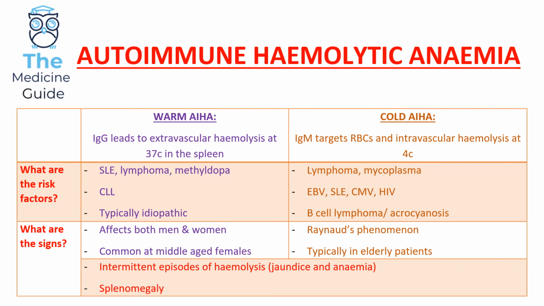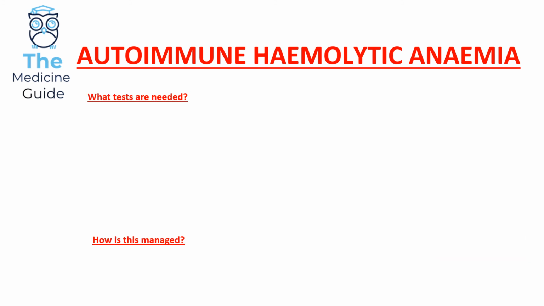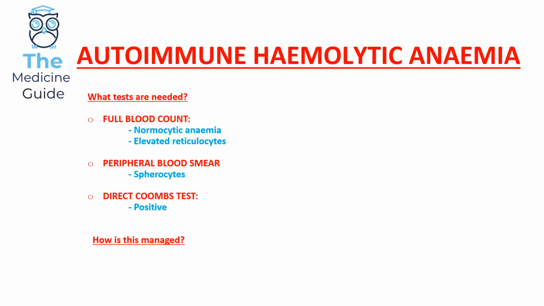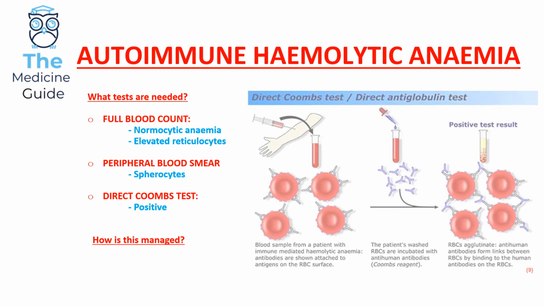Now, the key symptoms found in either warm and cold autoimmune hemolytic anemias is the fact that the patient will experience splenomegaly and they will suffer from intermittent episodes of hemolysis where they will present with jaundice, anemia, and perhaps dark-coloured urine. So in terms of the tests, we would need to perform a full blood count which will show normocytic anemia, and because this is another example of hemolytic anemia, the reticulocyte counts will be high. The peripheral blood smear may show spherocytes, and a direct Coombs test is going to be positive in autoimmune hemolytic